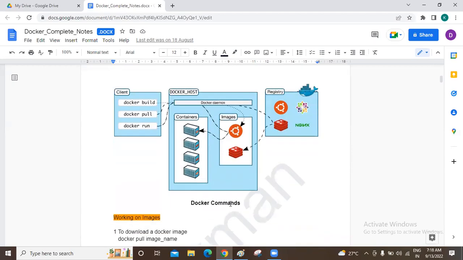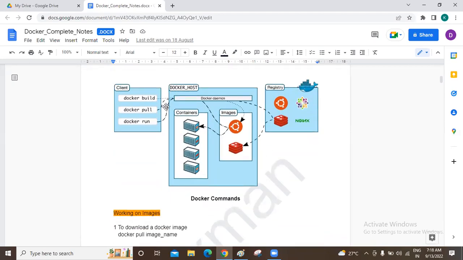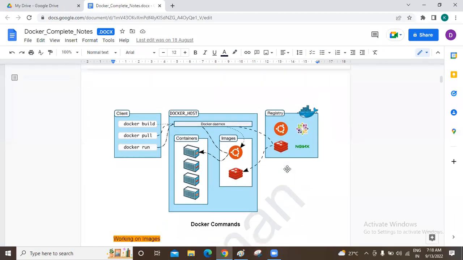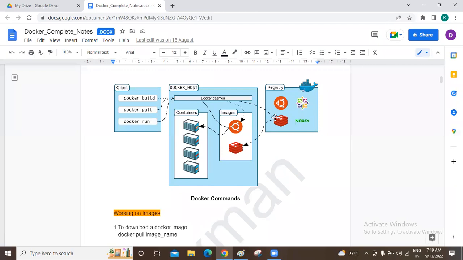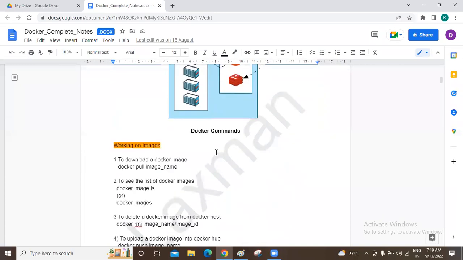See, this is the Docker host. Docker host is nothing but the Linux machine where we install the Docker. Then client is Docker command line. Docker command line is Docker client. Then registry is nothing but the place where we will store our Docker images. Ubuntu images are there, Nginx images are there, some other applications are also there. We will see all these commands. Don't worry about that. We will download the images from registry to our Docker host machine. After that, we will run this image. Then that runnable instance will become what? Container, right?